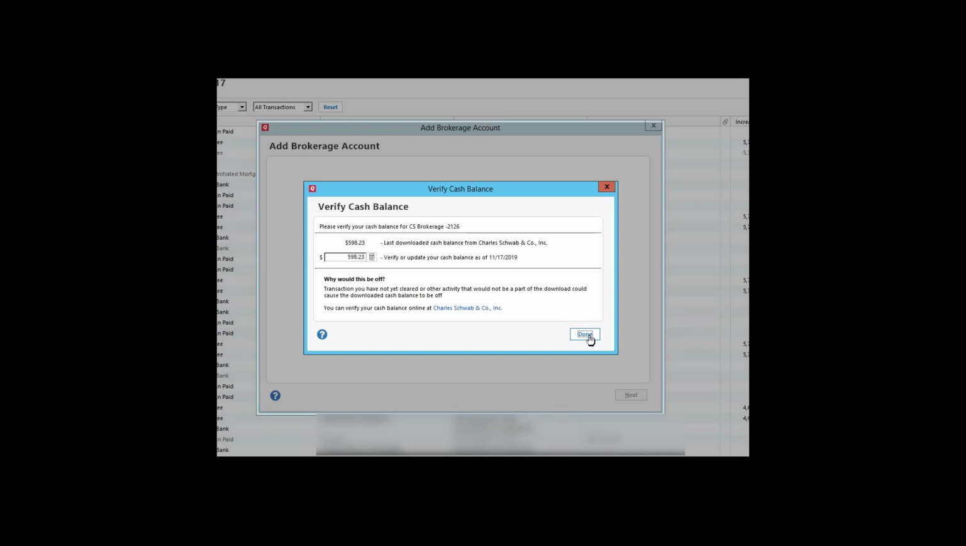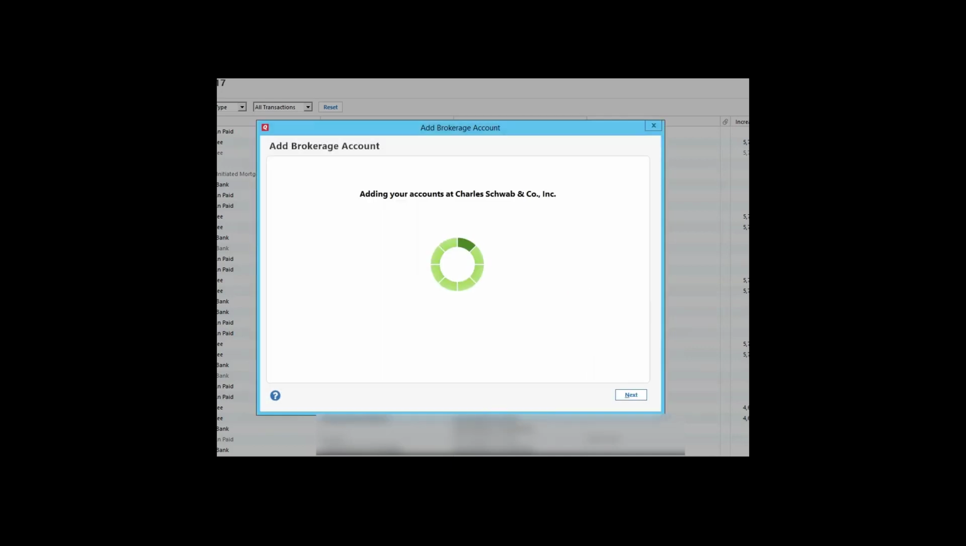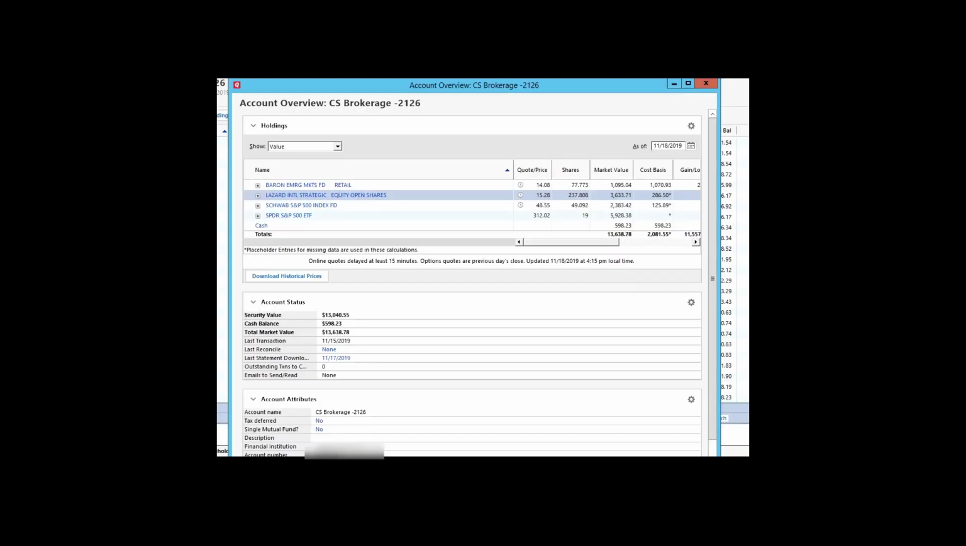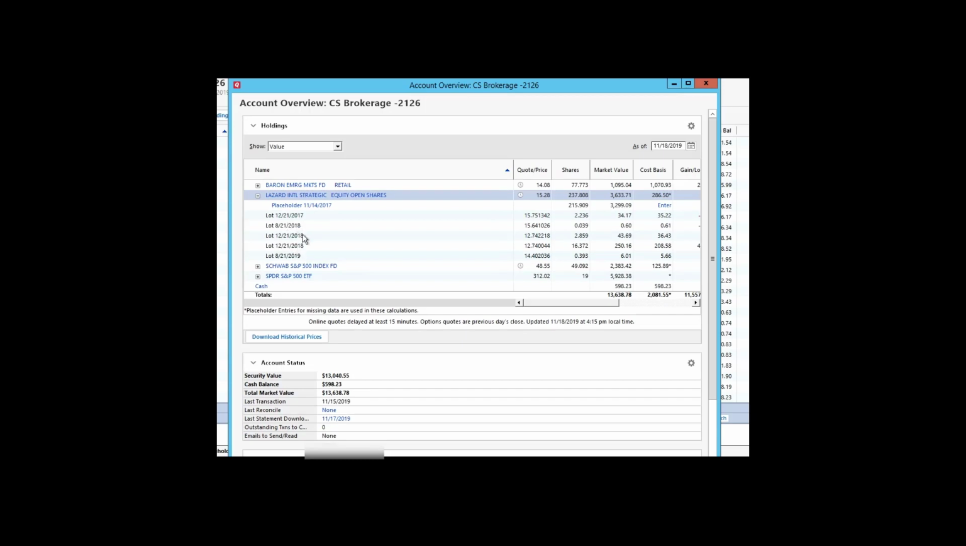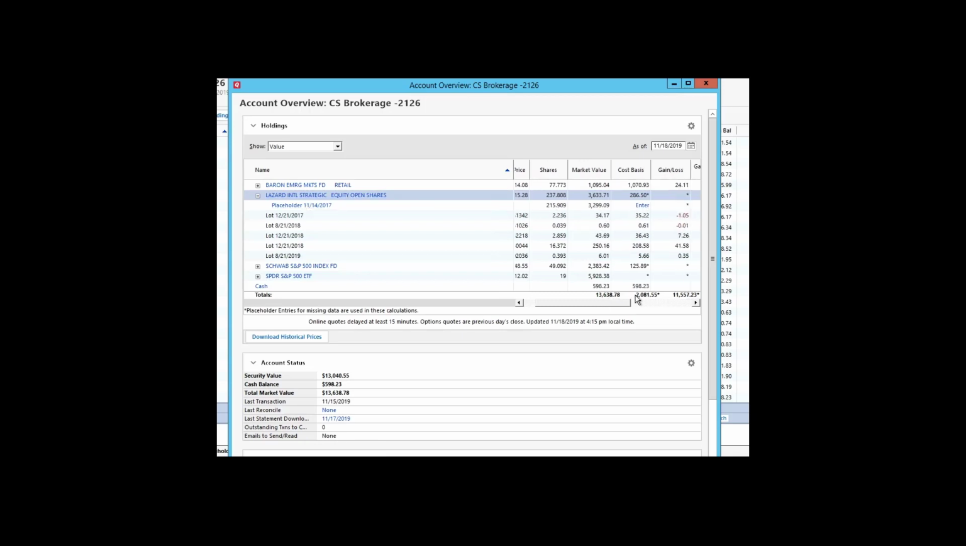This screen verifies the cash balance. In this instance, Schwab downloaded approximately 2 years' worth of activity into Quicken. This gives good basis information, but not complete. If you would like to complete the basis to get accurate unrealized gains and losses, you can reference the statements,